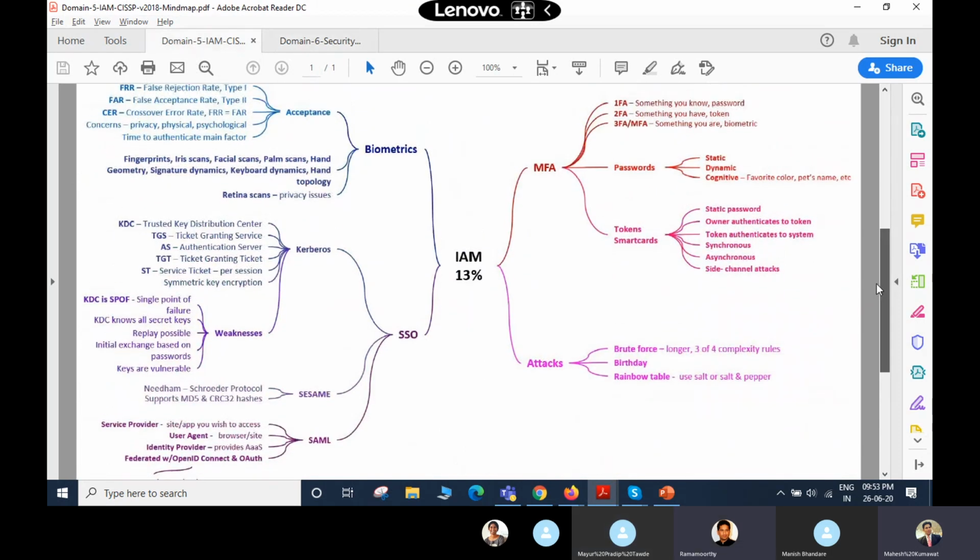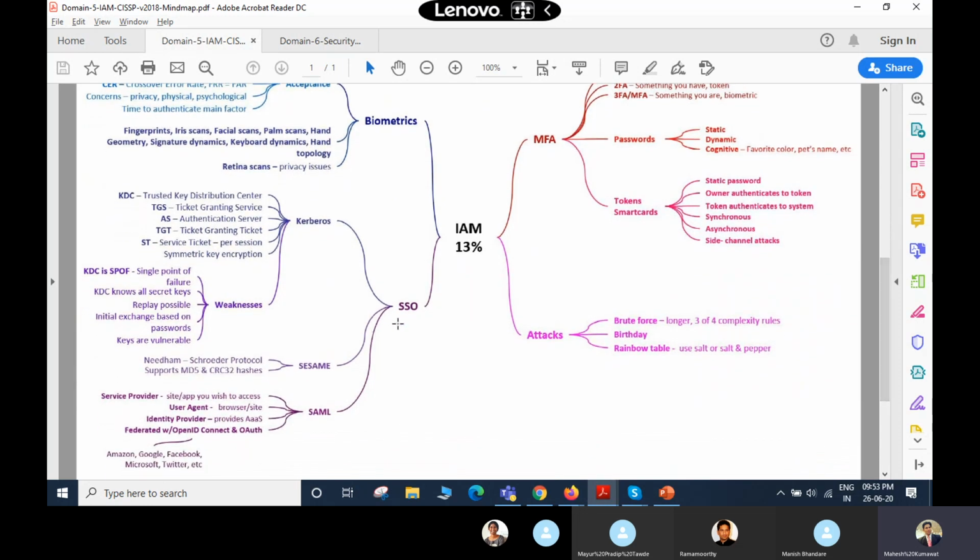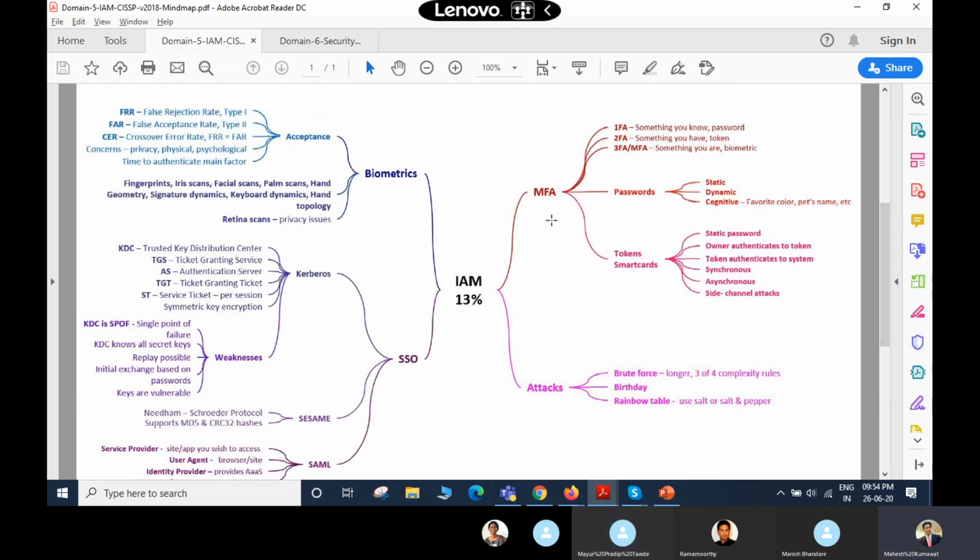Okay, so we have reviewed all of today's class. Guys, you need to work on SSO, single sign-on, Kerberos, LDAP, SAML, the different authentication mechanisms. This is what you're lacking right now. MFA is good, but you don't know the use cases, where you want to deploy it, or examples. So make sure you have a good understanding of the technology, but also understand where you're going to deploy things. What are the use cases? Some examples.